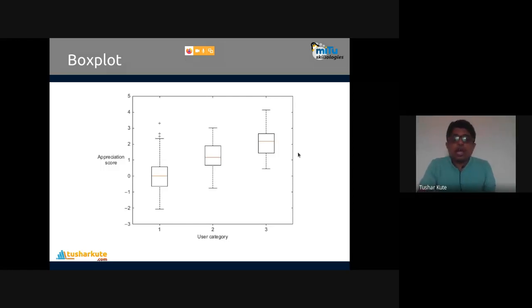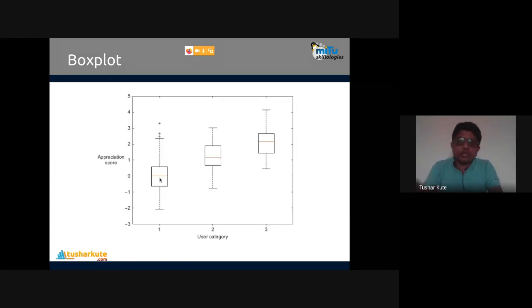Even the box plot shows a few more things. Here, the box shows where the maximum number of elements are lying. Actually, there's a concept called quartile: first quartile, second quartile, third quartile. If you sort all the values, the first 25% of elements lie up to the first quartile, the center is the median, and the last 75% mark is the third quartile. These are shown by these particular boxes in the box plot.